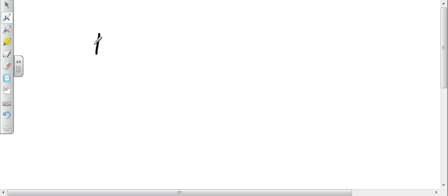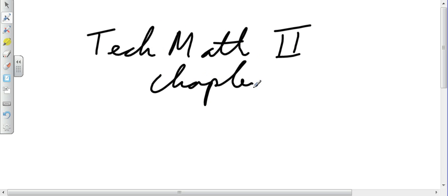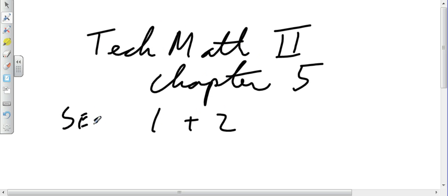This is Tech Math 2, and we're in Chapter 5. And because we're slightly behind, the plan today is to do sections 1 and 2 today. So we'll see how that works. All right, so in section 1,